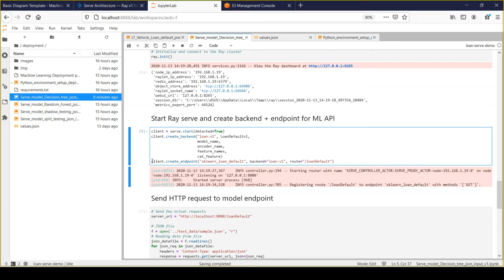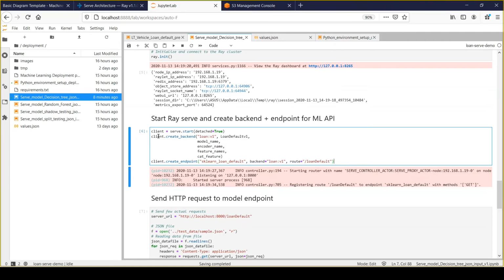Right? So it's a normal way of creating any endpoint, but RayServe provides a very easy way of defining your endpoint configuration so that a consumer can initiate any request to invoke the ML API.